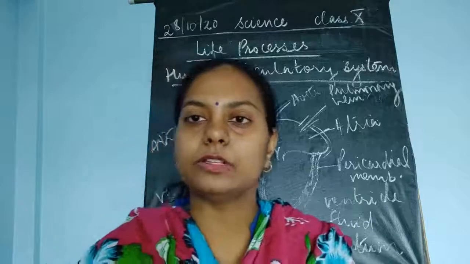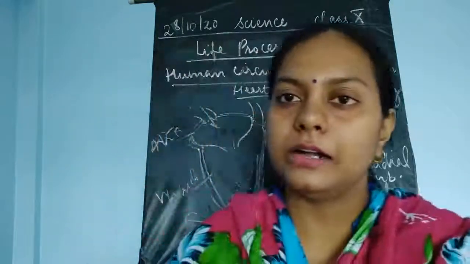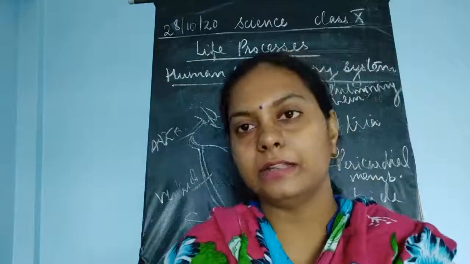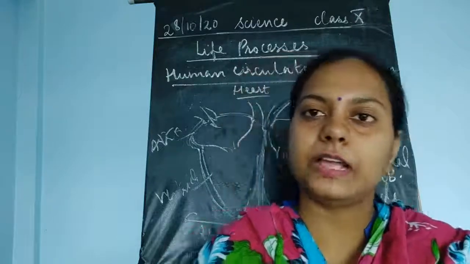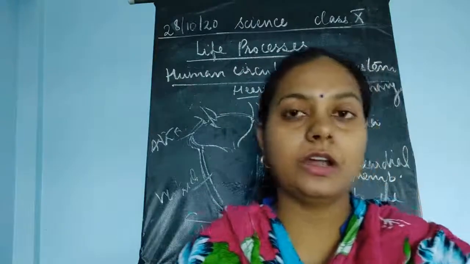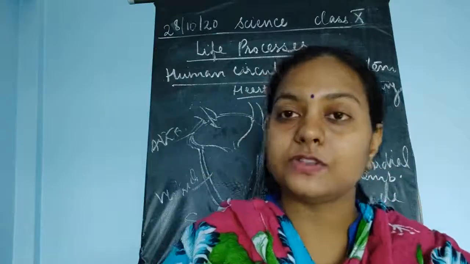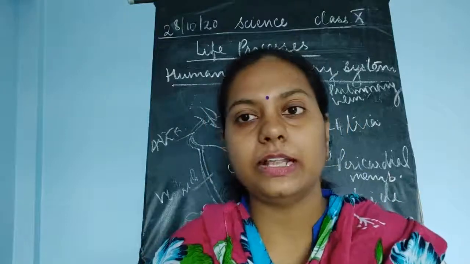I'll be discussing the circulation, how it takes place in human beings, and for that you have to draw this diagram in your copy, and you will understand the circulation part in the next class. Before that, please revise the structure of the heart and make sure what is happening inside the heart, what the structures are, and what valves are present, the tricuspid and bicuspid valve. Find out where they are located and tell me in the next class.